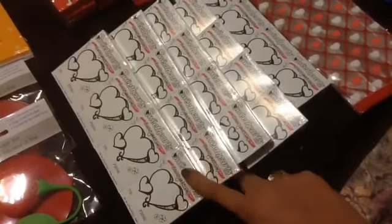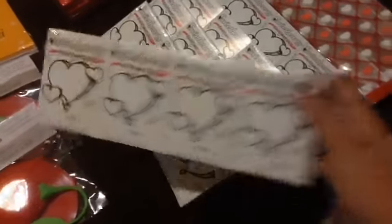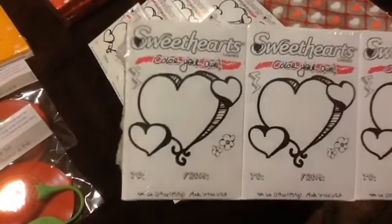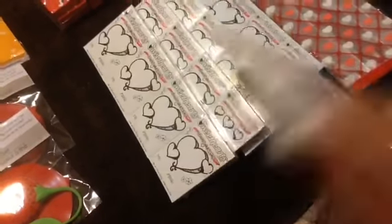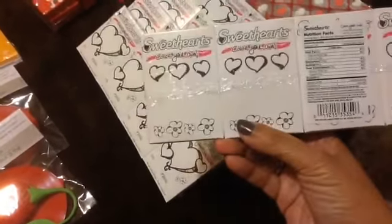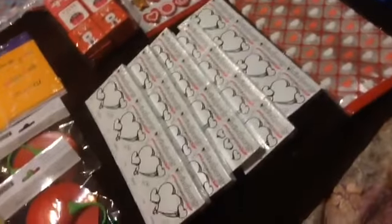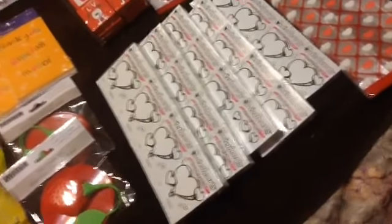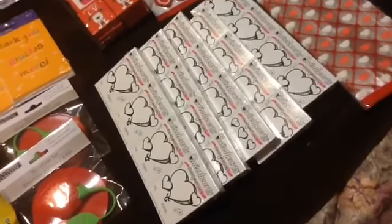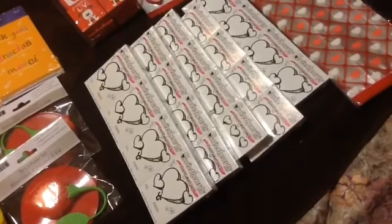Okay, so I found these Sweetheart candies. They're individual boxes for my students, and I love them because not only do they have the candy inside, but they're color your own. And I could put the to and the from at the bottom, and the back is also color your own. Loved it. And it's going to be part of an activity that we're going to do in math. I do a lot of graphing. I do a lot of pictographs. I do subtraction, addition, double digit subtraction, money, word problems, all revolving around the little conversation hearts that come out during